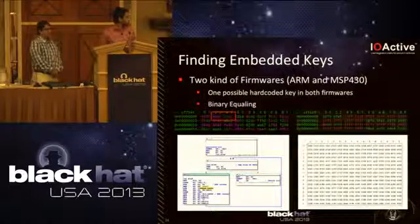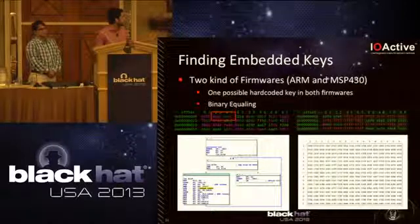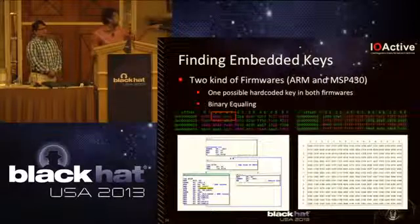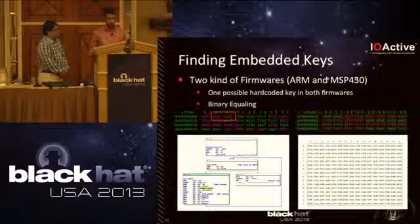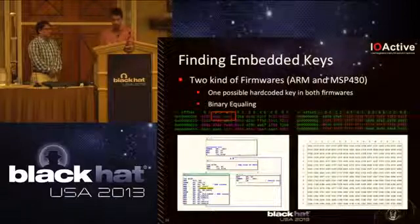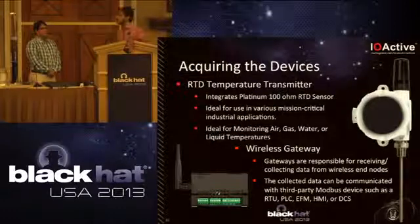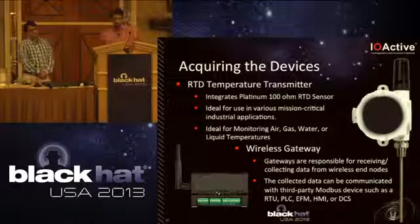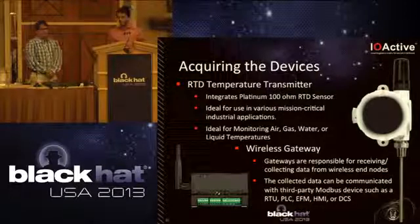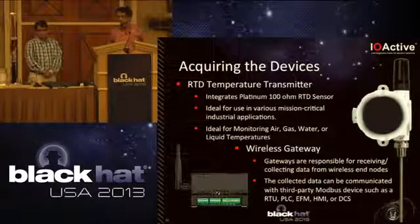So we were nearly close to finding an encryption function, because there are some sources using that table, and that table that you see there is across all the versions of the firmwares of that family of devices. So we said, okay, let's acquire the devices and check if we can break this weak site security key. So we bought an RTD temperature transmitter that I showed you some minutes ago, and this uses